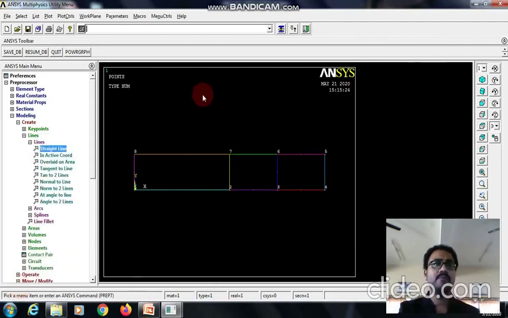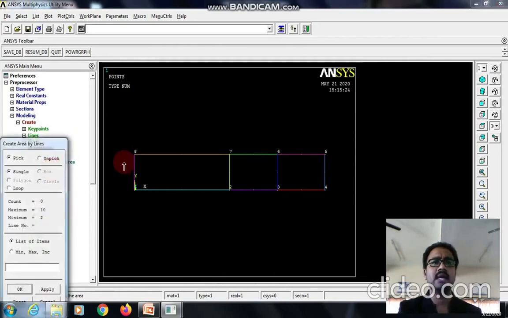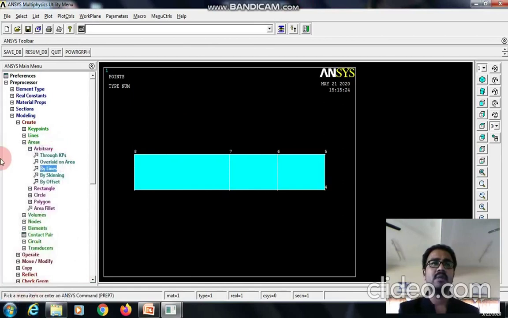For that, I'll be going with areas, arbitrary, by lines. I'll be creating element wise, so we need to click only the lines which are applicable for the respective elements. You can observe how I'm clicking. So the element has been created.